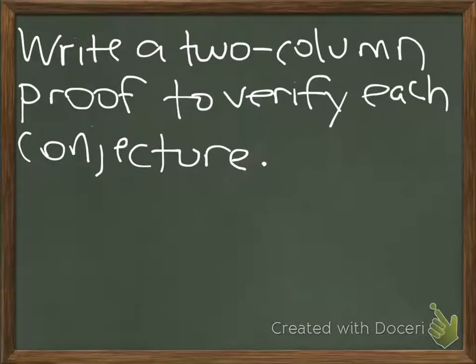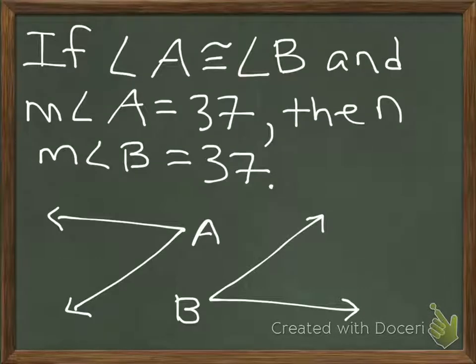Now we're supposed to again write another 2-column proof to verify the conjecture. Here we're dealing with a little bit more geometry-based conjectures. So this is saying if angle A is congruent to angle B, and the measure of angle A equals 37, then the measure of angle B equals 37. So our given,